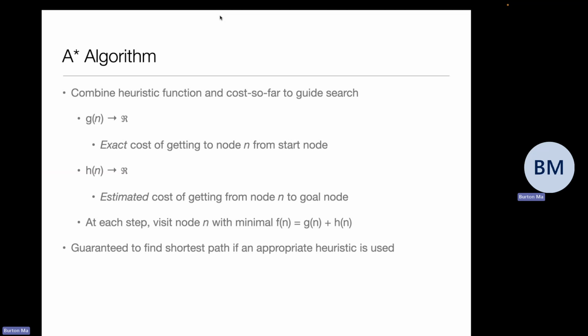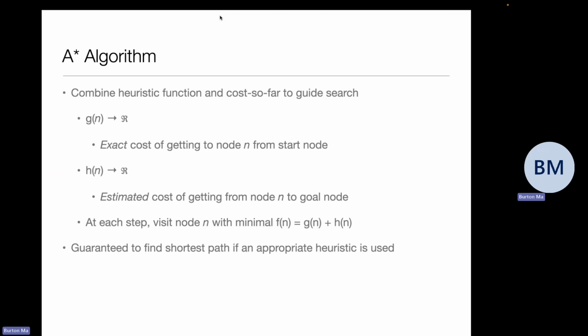And so A star uses the heuristic function, and it also uses the cost so far function, G of n. That's the function that Dijkstra's algorithm uses, right? It takes the number of steps to the current location, and it expands the search around the location that has the smallest G of n. Greedy best first search chooses the grid location with the smallest H of n. A star combines both together into one. A star expands the search around the grid location where G of n plus H of n